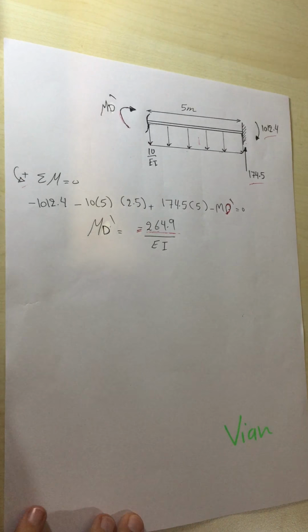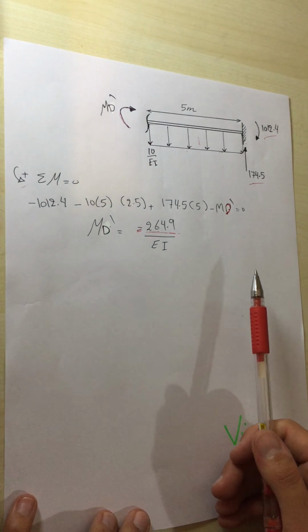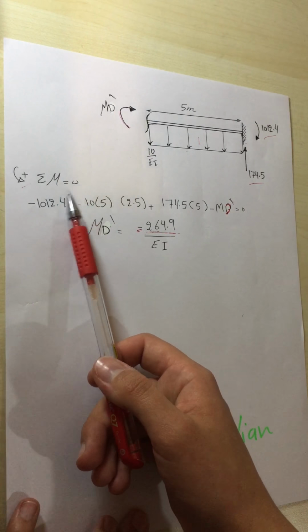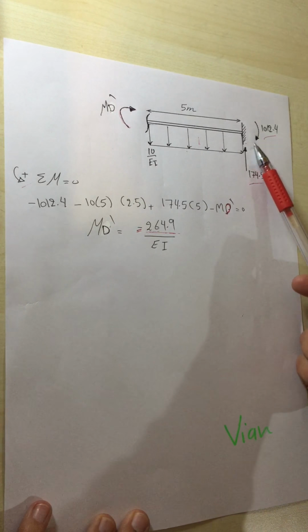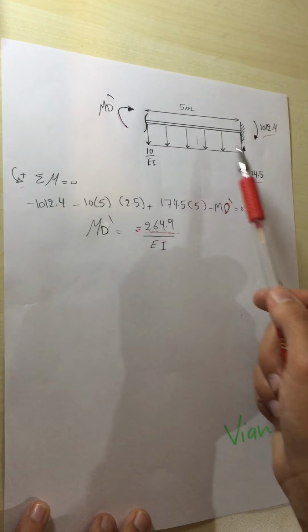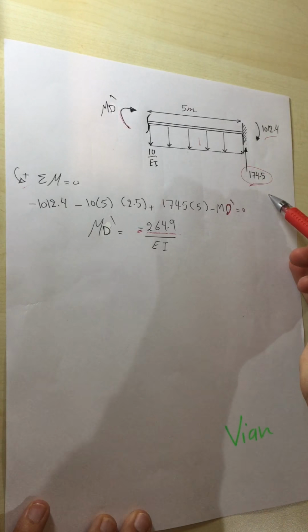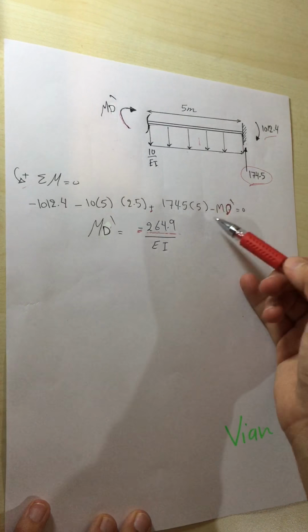So as we know, the deflection at D at a real beam will make the moment at D dash at the conjugate beam. So the summation of moment equals 0, and this distributed load is going to be a negative sign, but for this vertical reaction, it's going to be a positive sign, minus